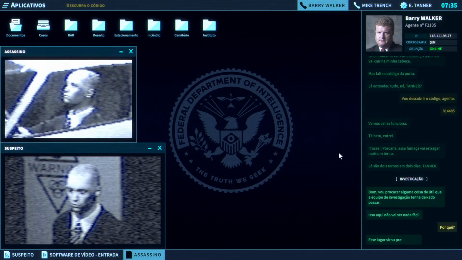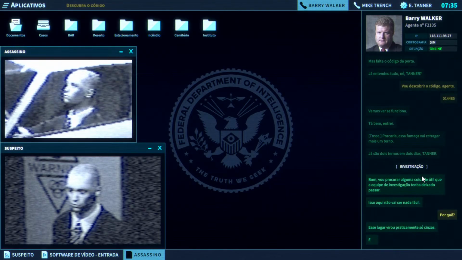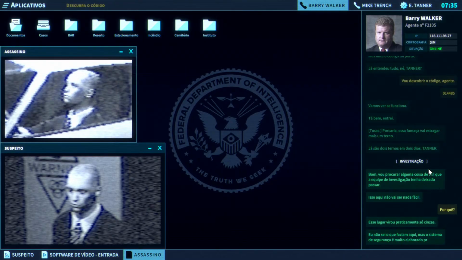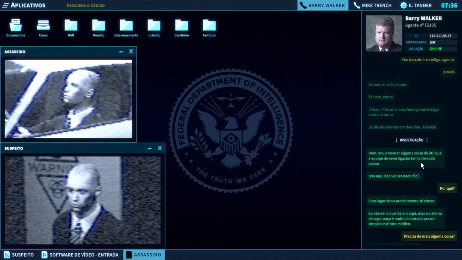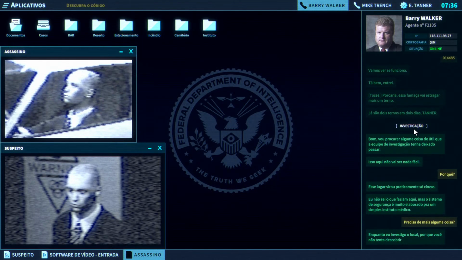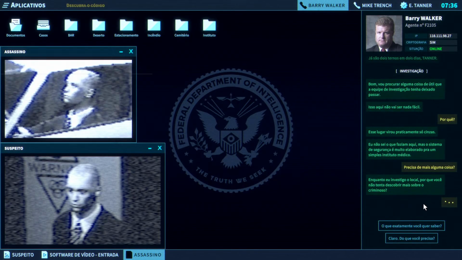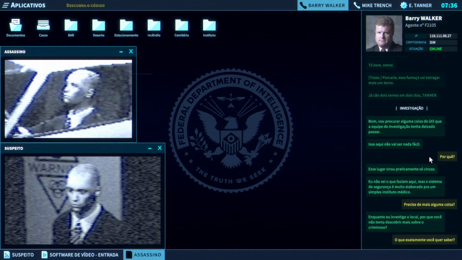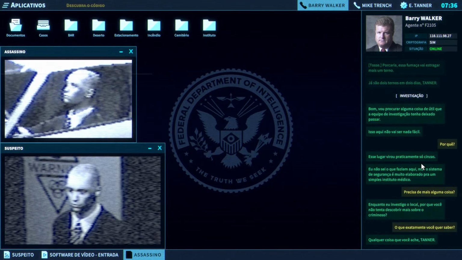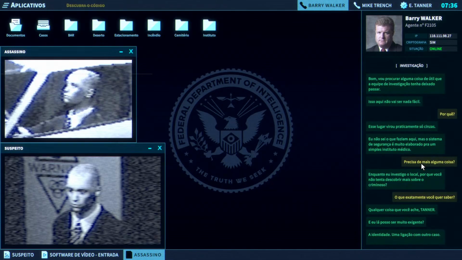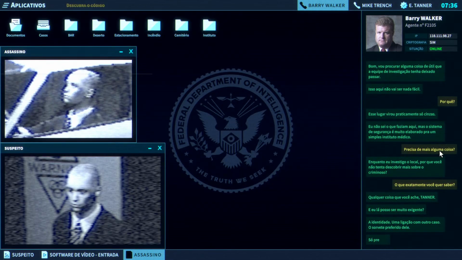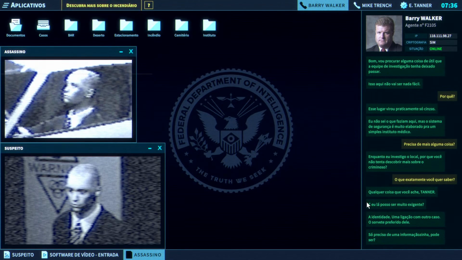Because this place is just about burnt to a crisp. I don't know what went on here. But if you ask me, it's a pretty elaborate security system for a medical facility. While I look around, maybe you could dig more into our little arsonist friend. Anything that you can find, Tanner. I look picky to you? An ID. A link to another case. His favorite flavor of ice cream. Just give me something, all right?